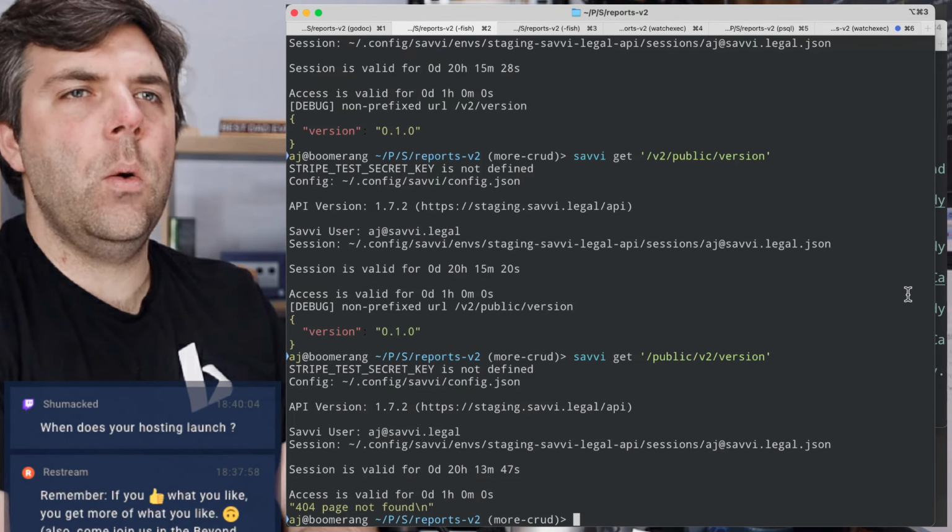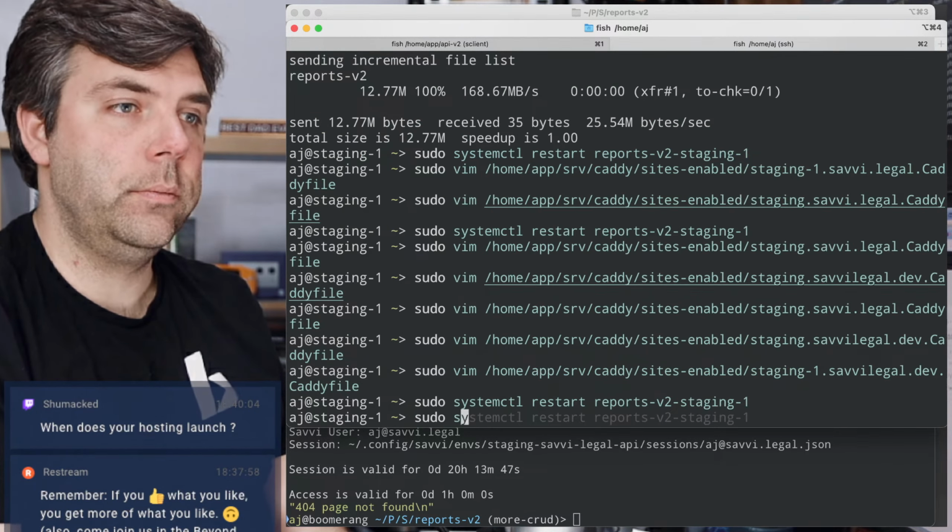I just wish I could see what that is rerouting to, and maybe I can.